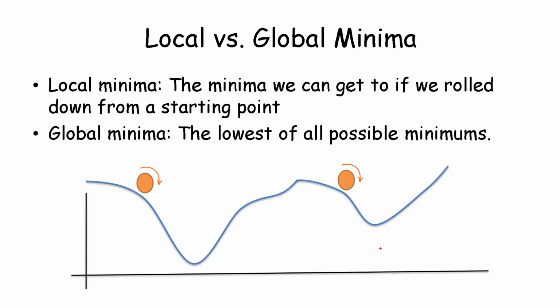Perhaps a much more serious problem that we are faced with in gradient descent is that once we have reached a low point, that low point may just be a local minima, meaning it is the minimum point in that neighborhood, but not necessarily the lowest possible point for that function. We were just unlucky that we started at the wrong initial value. Had we started at a different value, we would have ended up in the actual minima, also called the global